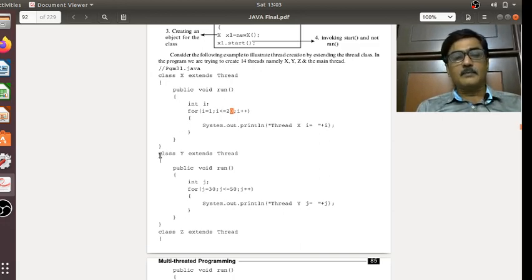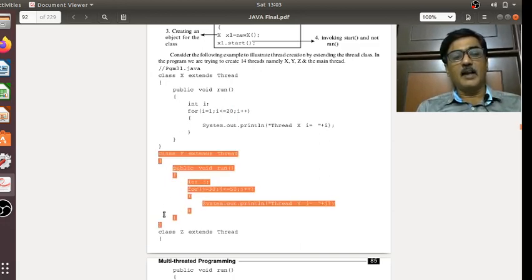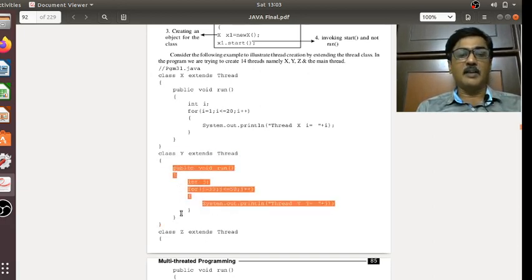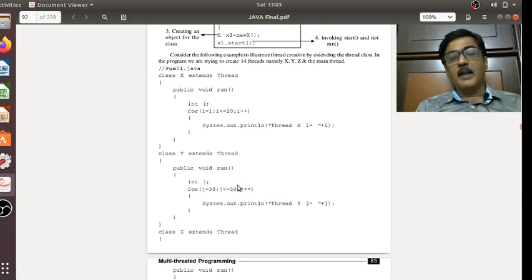Next I am defining another class called Y. This is also extending the Thread class. Here also I have written a run method, and there is another for loop which displays numbers between 30 to 50.